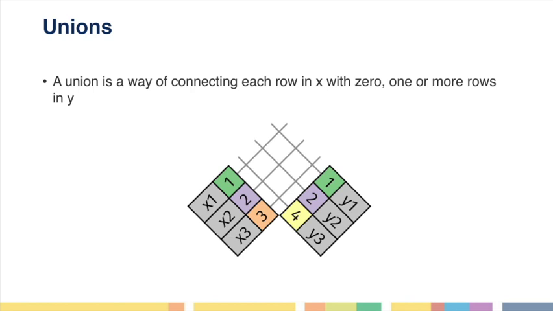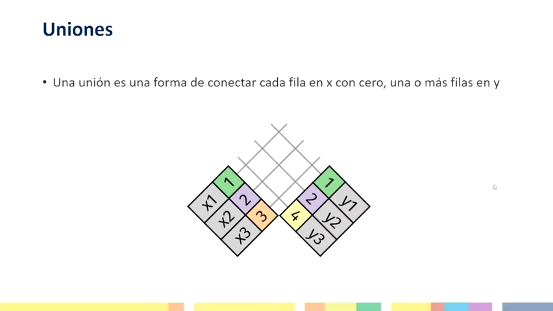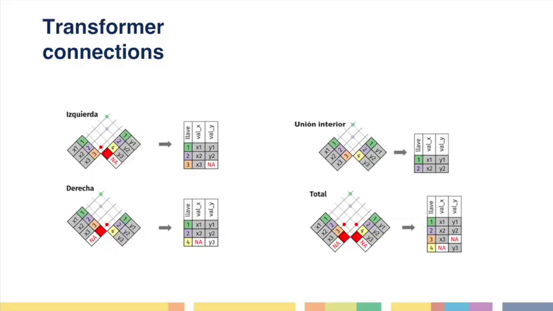So the unions: this is a way to connect each row in X with 0, one or more rows in Y, for example, like this graph. This means that this could be the Cartesian product of all the options that exist in one or the other, and it can be used to do a union. But you do not always need to use all of the information, so that's why we have the different types of unions. The main unions for transformations,